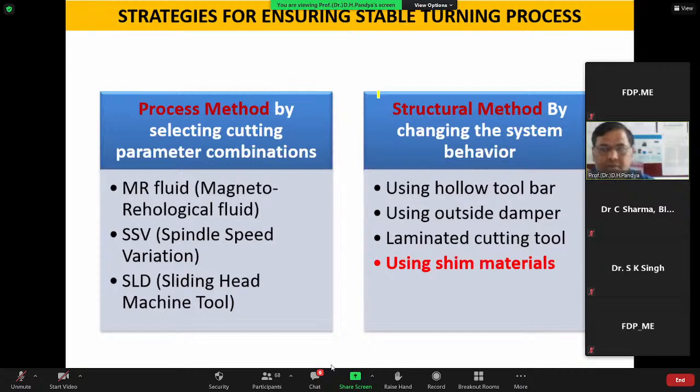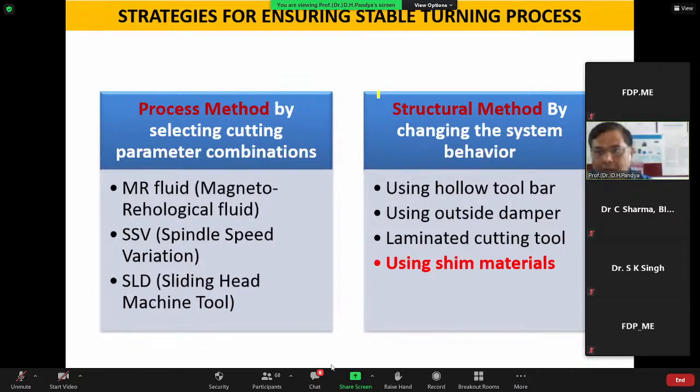Then after 2012, from 2010 onwards, the concept of using the same material. This concept of the same material is only 10 years old. Before that, officially the research started on the same material, and they experimentally justified that using the sim is one of the passive